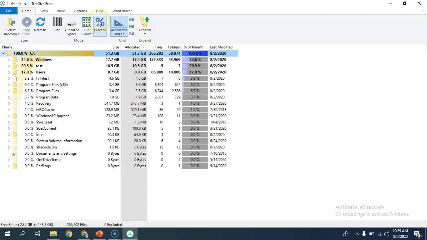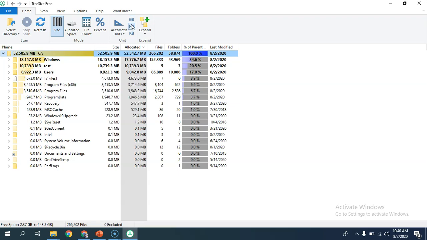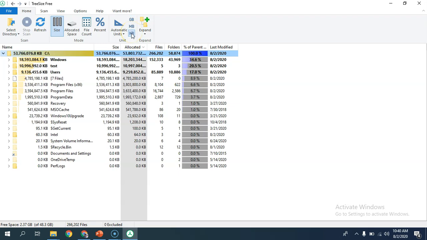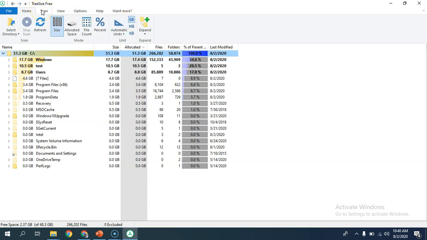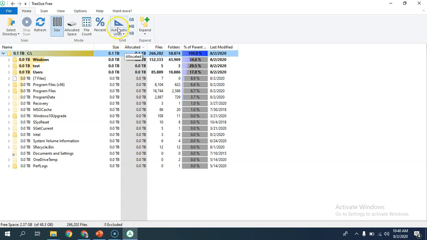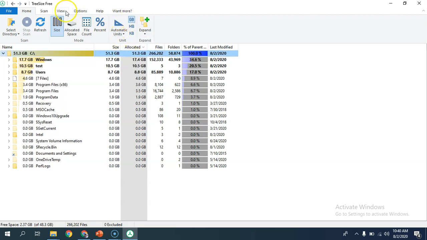And we can choose percentage. Nothing great about this, but the people who have created this tool have to give at least some options, right? So you have to understand their problem also, right? And so we can convert our view into GB, MB, KB, whichever sounds appropriate for our data, right? We'll leave it at GB. Here you can see there are more options also which are not useful for me at the moment, at least.